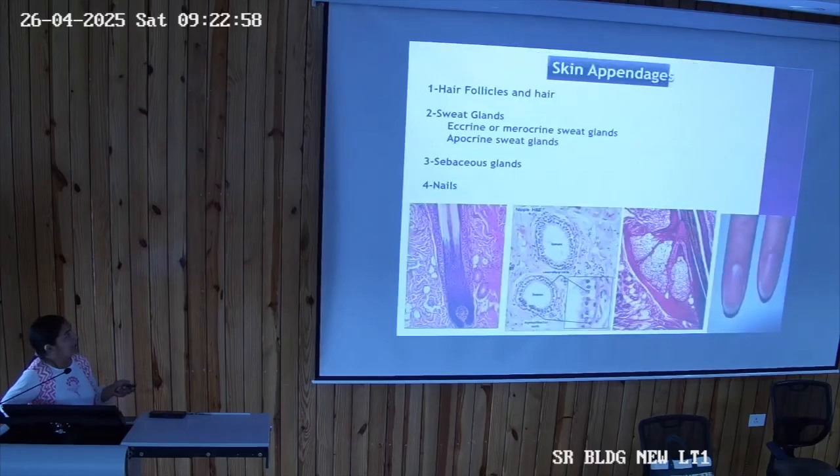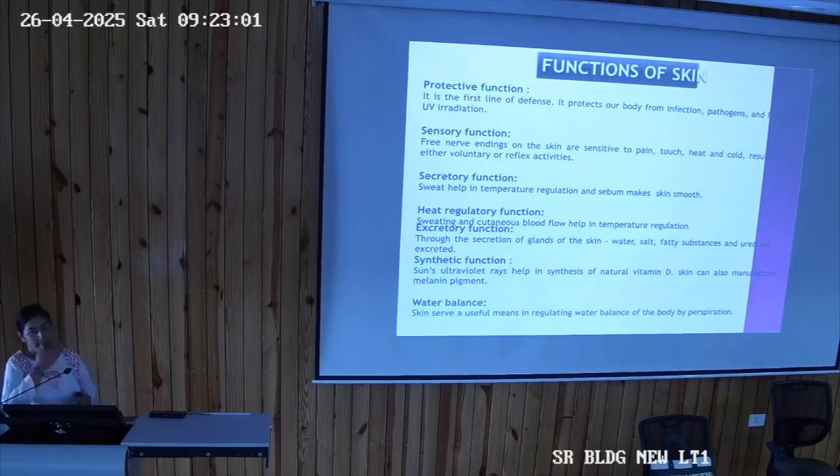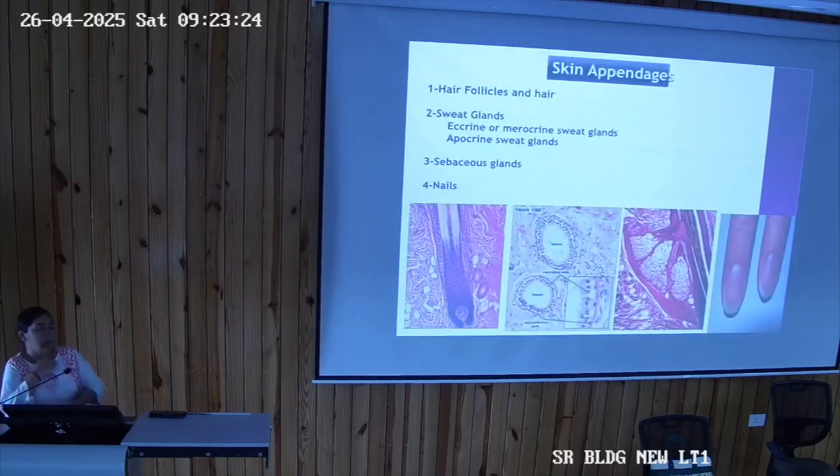Next, coming to the appendages of the skin. What are the appendages of the skin? Nails are the appendages of the skin. Anything else? Hairs. In the hair follicles, we can see the sebaceous glands. If you see the slide of thin skin, you will see the hair follicle there. That hair follicle is bearing a muscle fiber and the sebaceous glands.